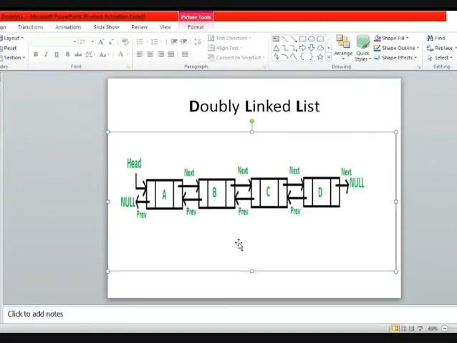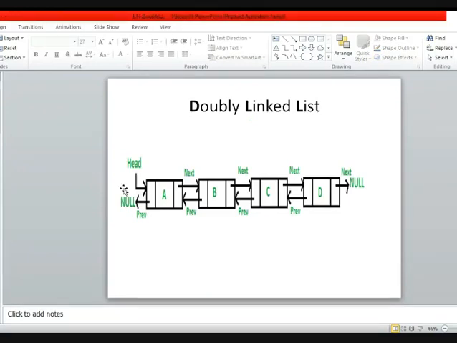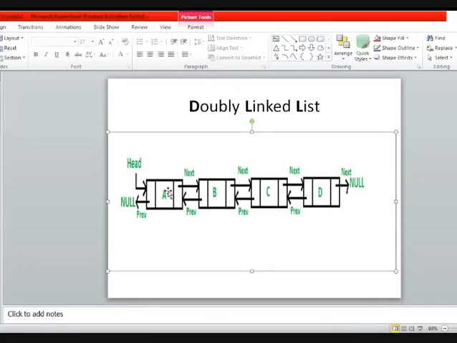Fine. So what about the last node and the very first node? The very first node is A, and because this is the very first node of the list, there is no previous node for it. So A has a null pointer in its previous field, and the same with the last node, because the last node of the list does not have any next node, so its next field will be null. So A's previous will be null and D, that is the last node of the list, its next is null.